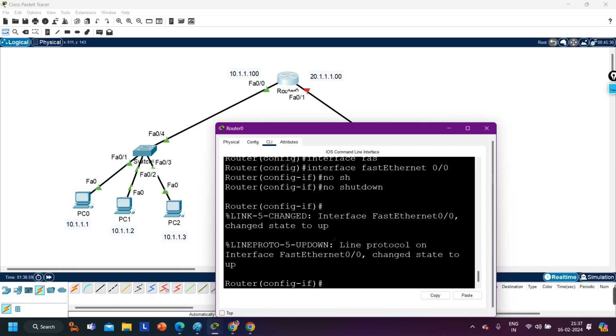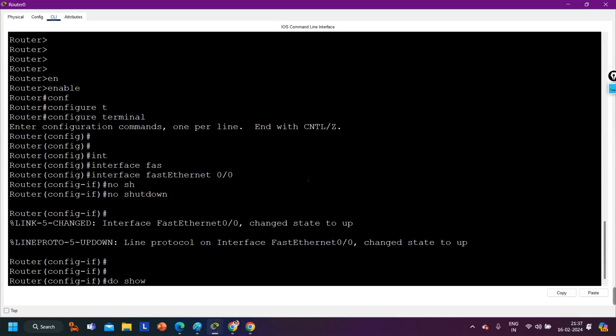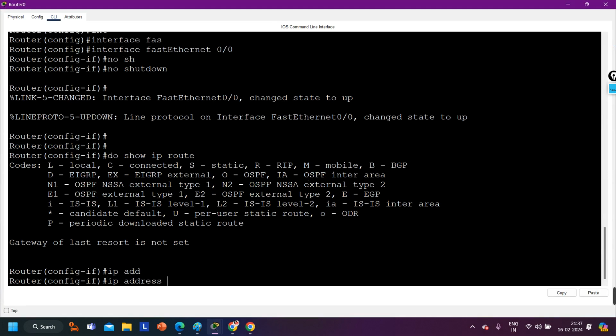Now on this interface, guys, I can configure an IP address. Before configuring the IP address, if you check the routing table, the command I can run over here is do show ip route. This is the command to check the routing table of a router. See, is there any entry? No. But once I configure the IP address